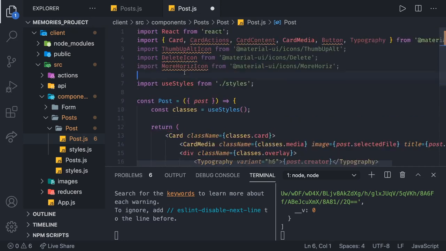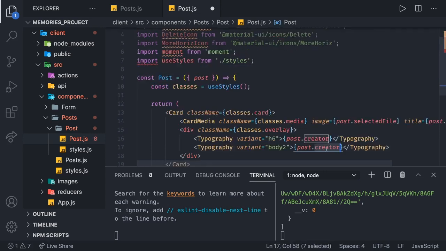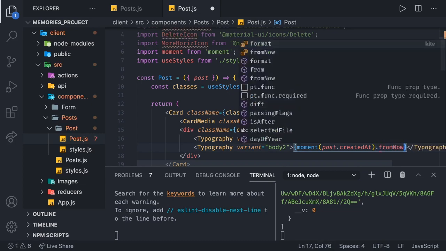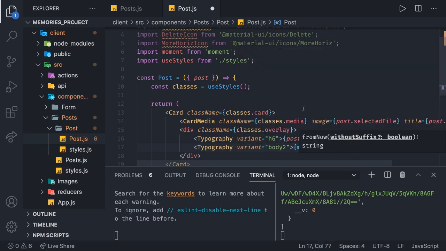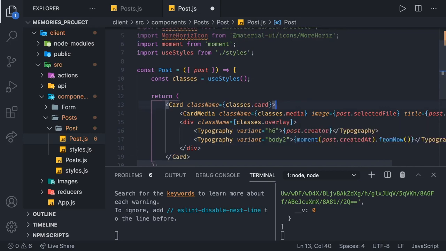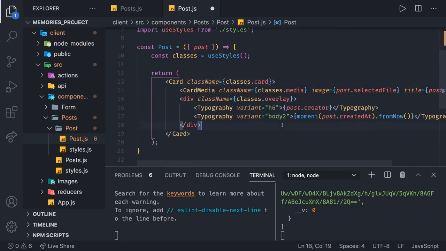We can use that moment library we installed at the beginning. That's going to be import moment from moment. And now we can do it like this. Moment, we pass in that post.createdAt, and then moment has something known as .fromNow, and you call it as a function. This basically says 5 minutes ago, 5 seconds ago, and so on. That's it. Below that, we're going to have a div, and this div is going to have a className of